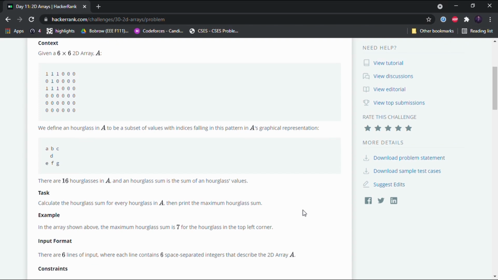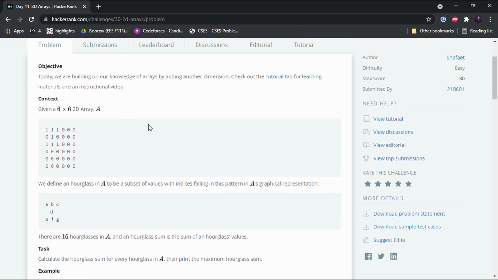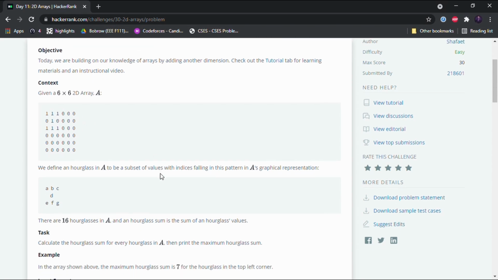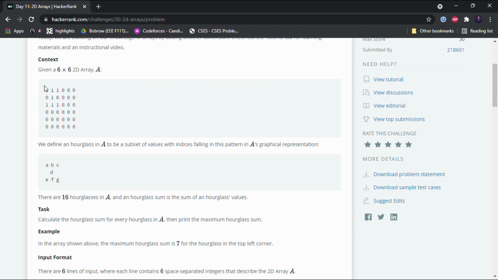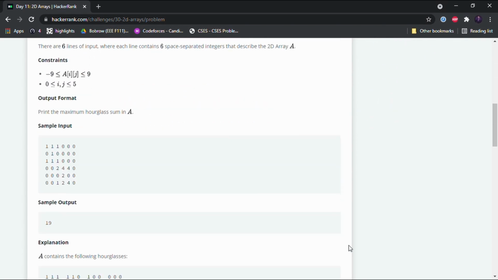All right. Now in this task we have to find the summation of the hourglasses in this array. There are 16 hourglasses precisely in this array, and an hourglass is like this pattern. This is an example of an hourglass. The shape that these ones are making is an hourglass, and there are 16 such hourglasses. We'll have to find the summation of each of these hourglasses, and then output the maximum of the summations. Okay, now that I've explained the task, let's start with the code.